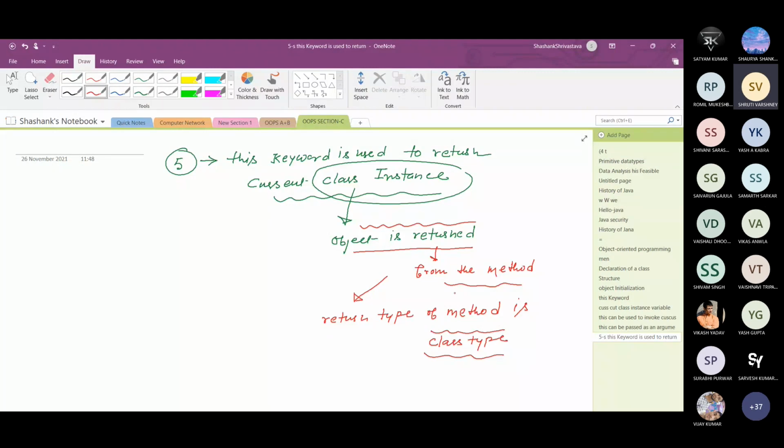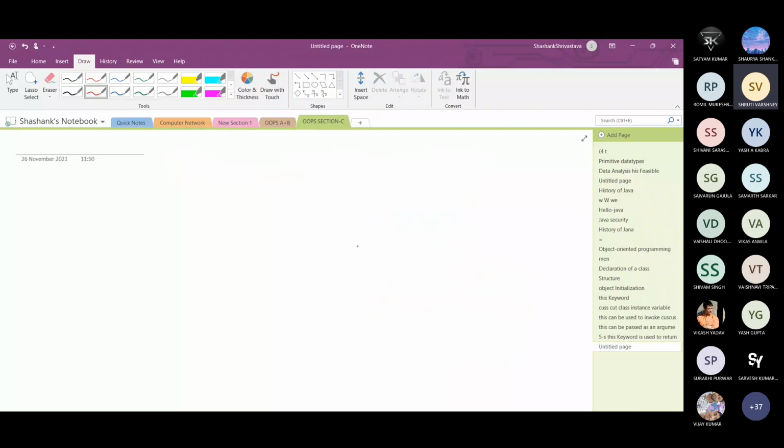So again, I will write an example of this. Let me write an example. Again, I just create the same class, student class.